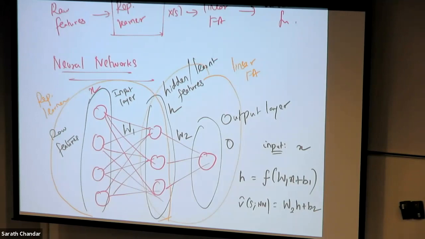Yeah. You wrote H equals f of something. My question is, what is f? Oh, okay, that's a good question. So what is f, right? f is some nonlinear function. As I mentioned before, you need some nonlinearity. Otherwise, okay, so let me go back. Where would f be on the graphical representation? Yeah, I'll come to that.